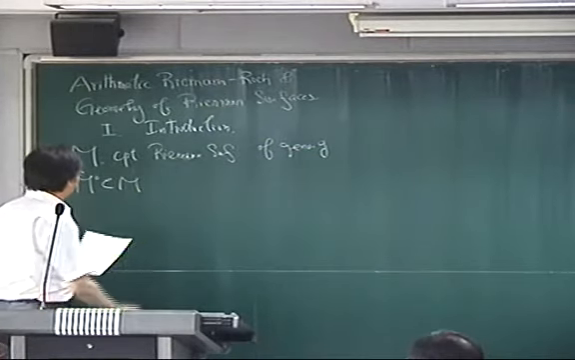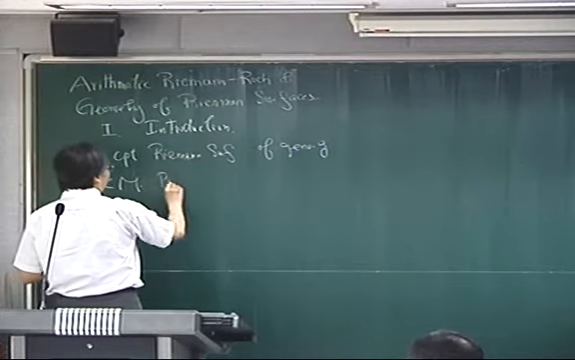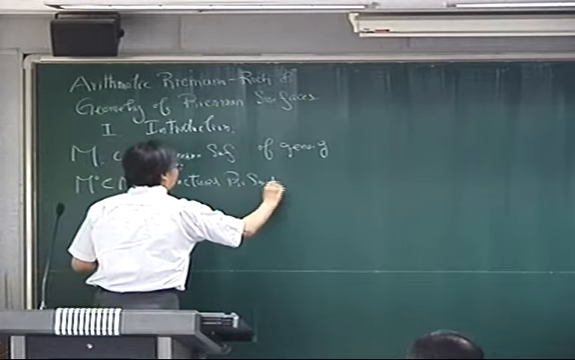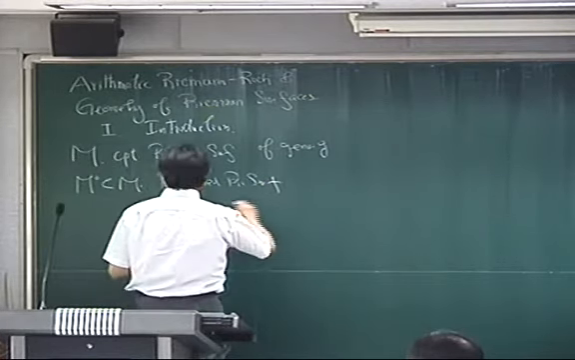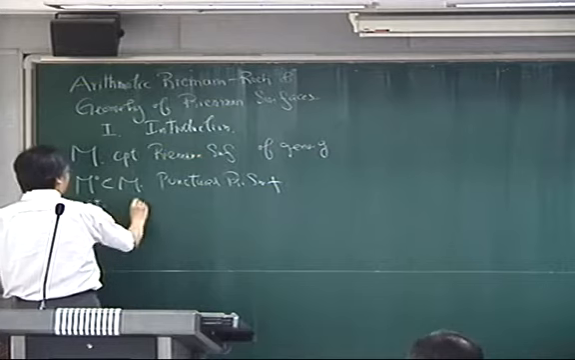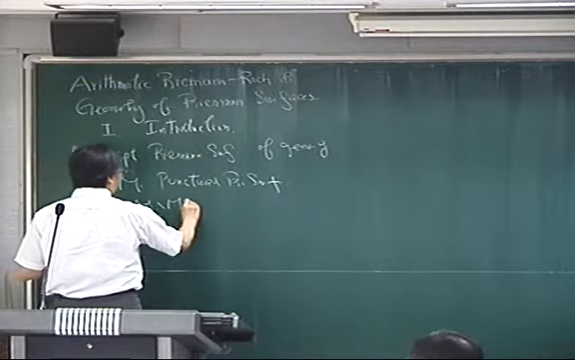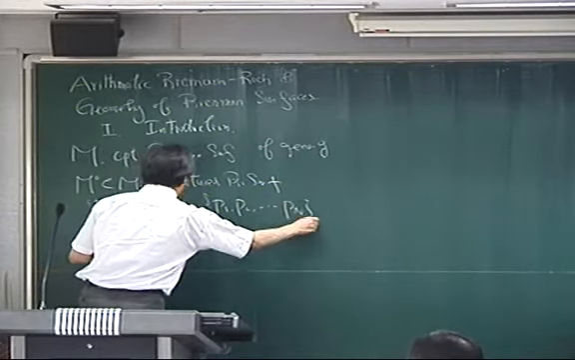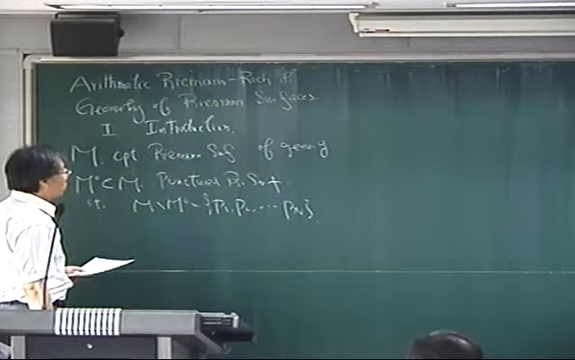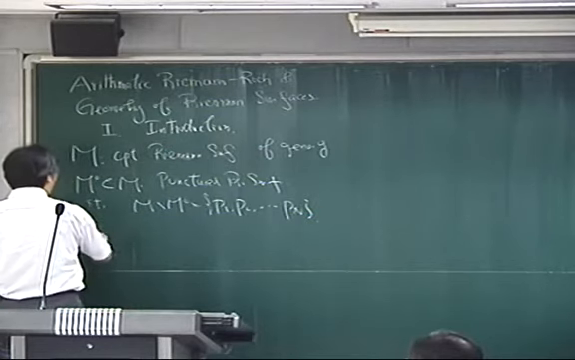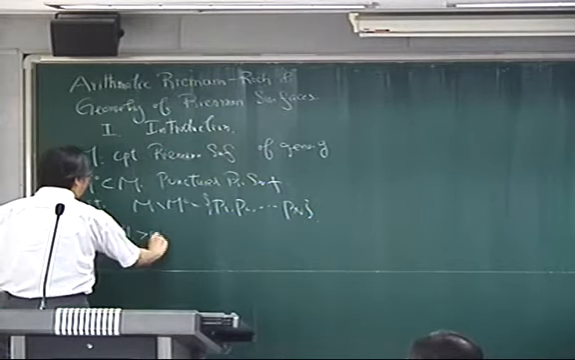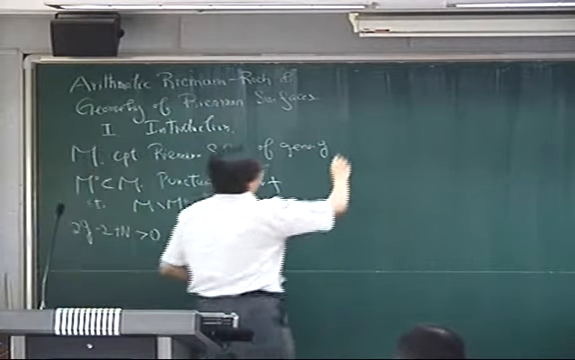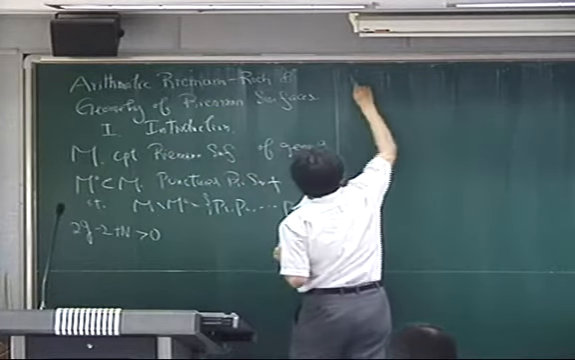punctured Riemann surface M0 in M, with N punctures. So you assume that 2G minus 2 plus N is strictly positive. Then by the uniformization theorem,